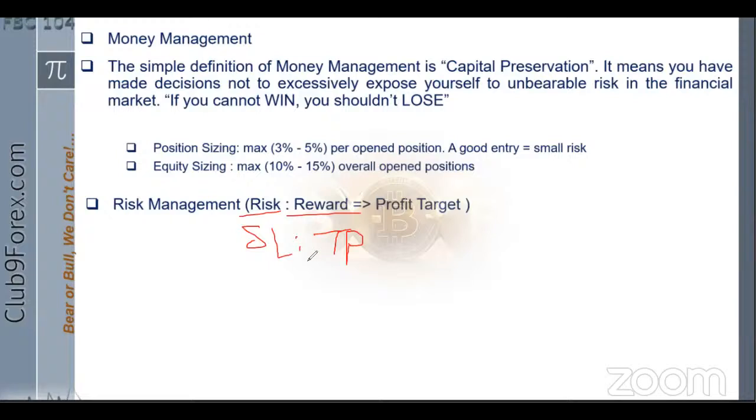And so what we are saying here is how much of your TP, which is your reward, covers your risk. That means your stop loss. How much of your reward covers your risk. So the higher the reward that covers your risk, the more successful you are going to be